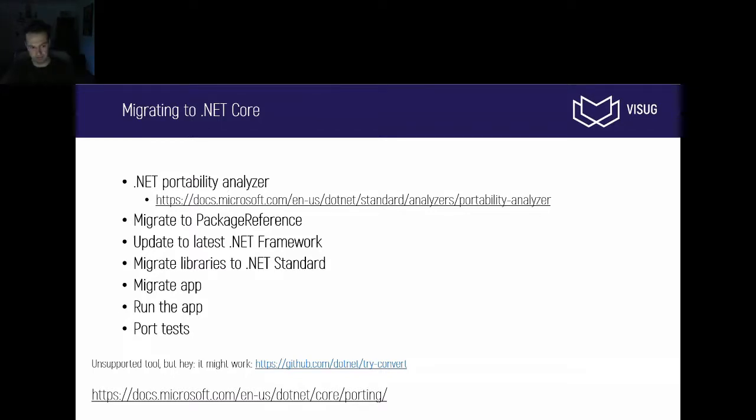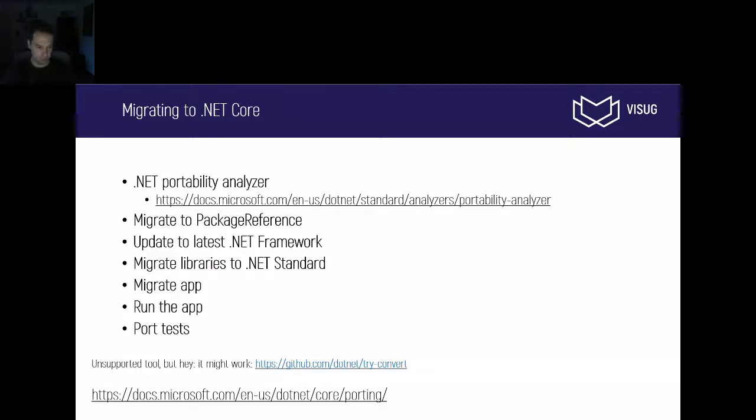Once all your libraries are migrated, then you can actually migrate the app, and then you should actually run the app, of course. Port over your unit tests, make sure that they all succeed. And then comes actually the hardest part. You should test your application. Every single user story that you have, every single business case, edge case, this should all get tested again, the entire application, because things might have changed. Things that you might think are trivial might not work anymore.